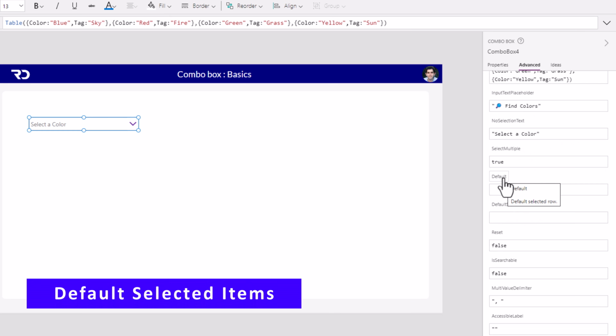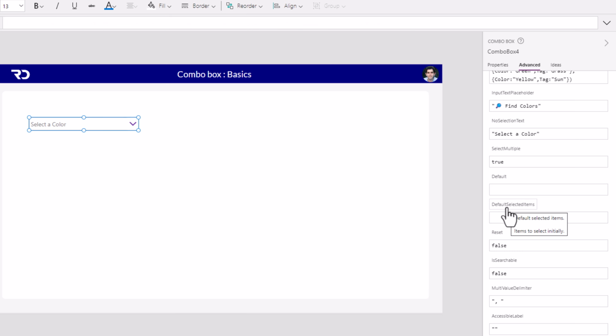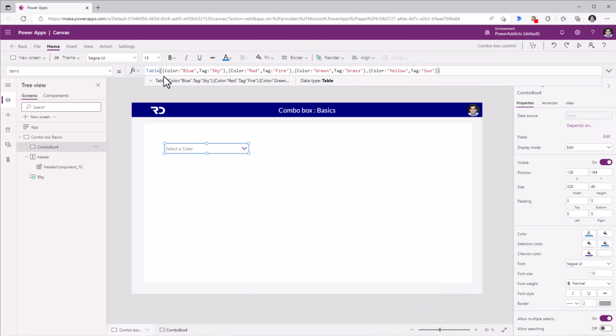The default property is a deprecated property for the combo box control. Always use the default selected items property if you want to set some default values for your combo box control. These are the initial set of selected item or items before the user starts interacting with the control. The default values that you provide have to be in line with the schema of the items property of your